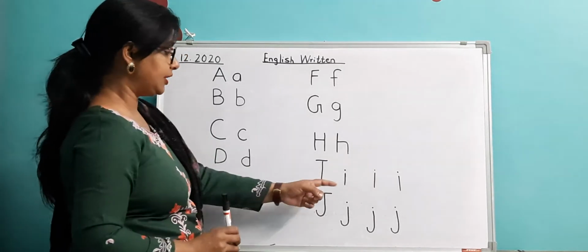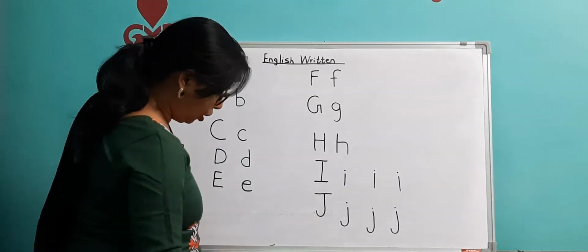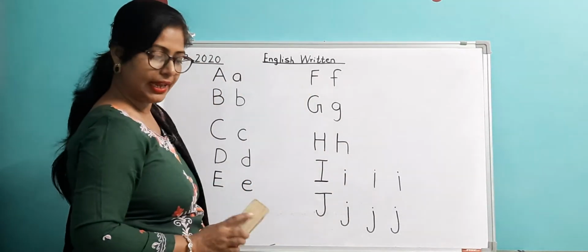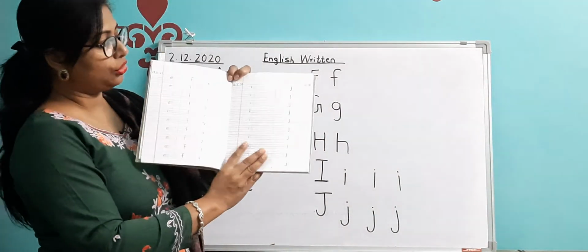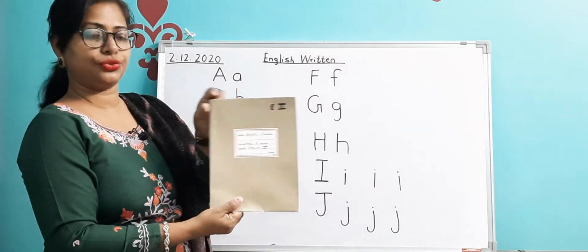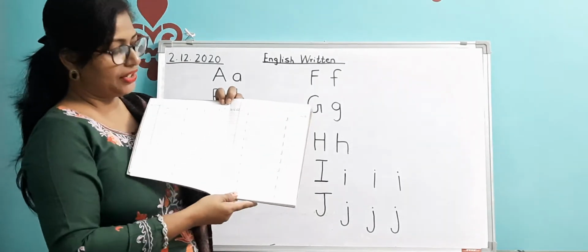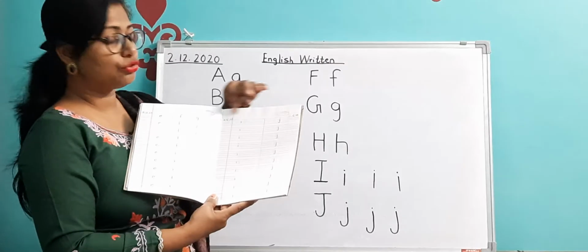Okay. Now after that comes small i and small j. So now I am going to rub this, and I am going to draw the lines, 4 lines like we have in the copy. So now today this work you are going to do in this copy, your E2 copy. Which copy? E2, English 2 copy. You are going to put today's date, CW, and very neatly you are going to write, and I am going to teach you how to write within the lines.